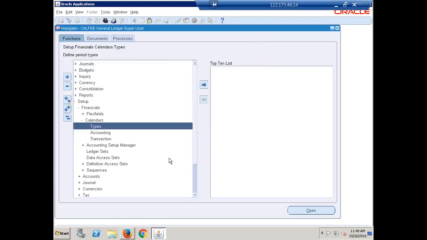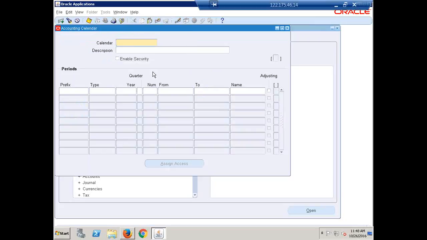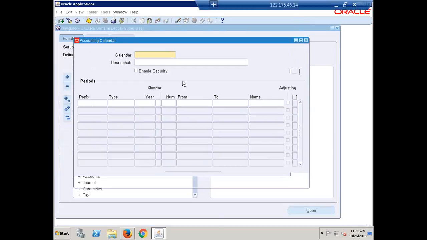Then just close it. Now we'll go and create the accounting calendar. Same navigation, function is different. Setup, financials, calendars, accounting. So here you can give the calendar name. Here also we should not write any company name. It should be very generic. You can write the name as